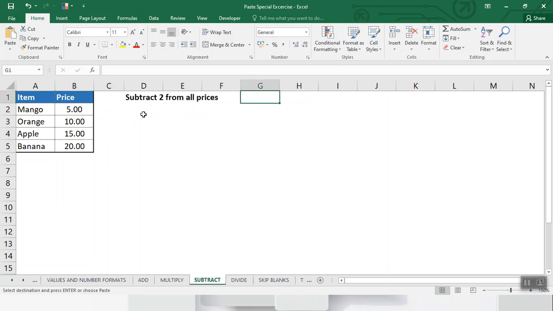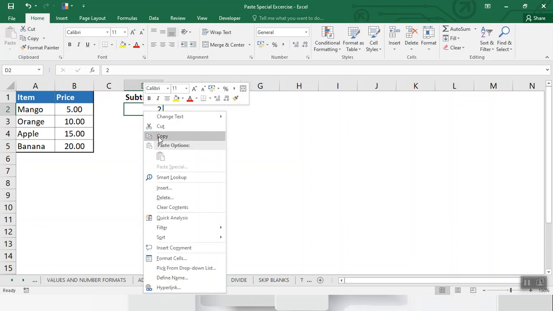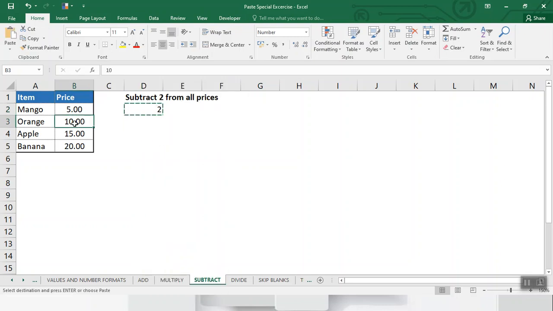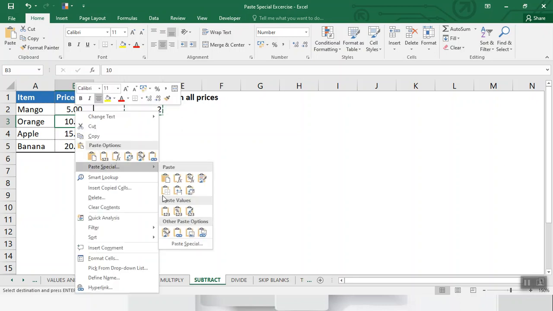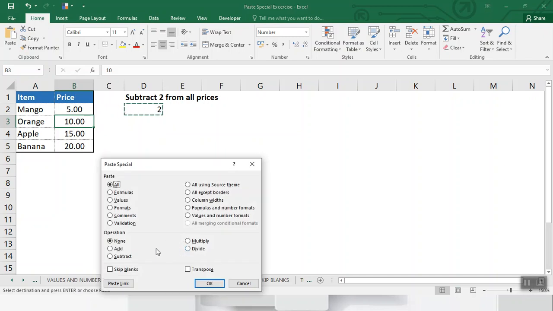Subtract an amount from a number. For example, let's subtract 2 from all prices. Type 2, right click, copy, subtract from the orange price. Right click, go to paste special, subtract value.